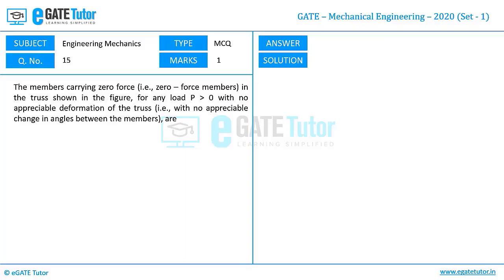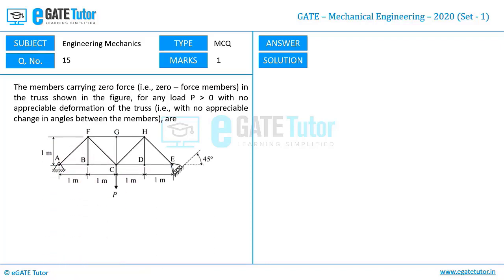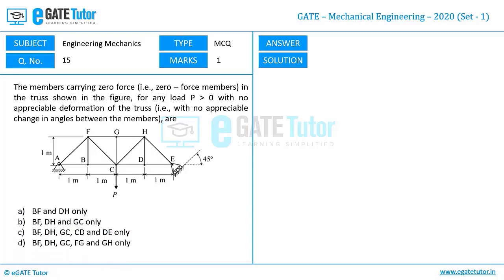Identify the members carrying zero force, that is, zero force members in the truss shown in the figure, for any load P greater than 0 with non-appreciable deformation of the truss, that is, with non-appreciable changes in the angles between the members. Let's see the configuration given, and here are the options. So, basically, in the given truss configuration, we need to find out which truss members carry zero